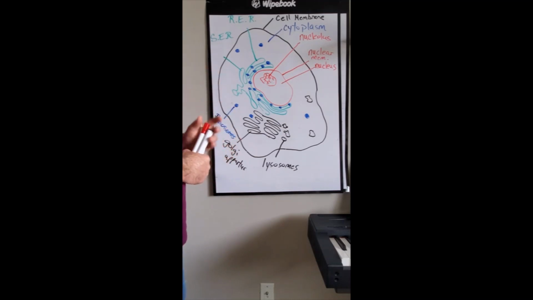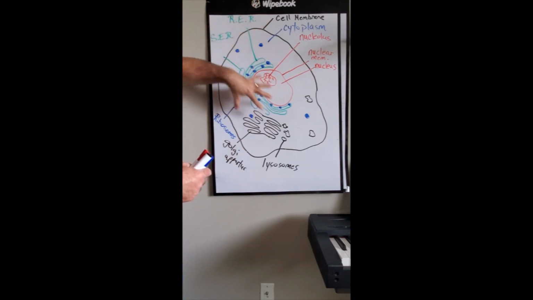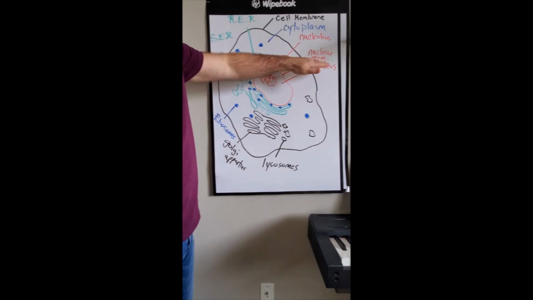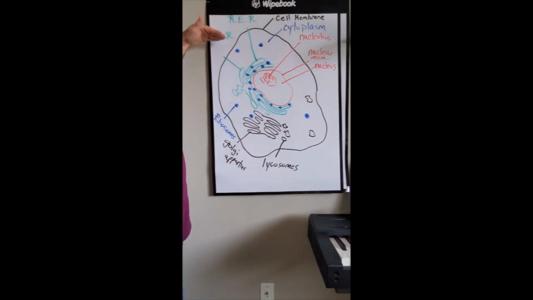structures according to function. So I'm trying to draw the membranes, the control center, the protein building, the recycling, and if you take a look at it, we have 1, 2, 3, 4, 5, 6, 7, 8, 9, 10 elements. There's a few other things that were present in the reading and the diagram